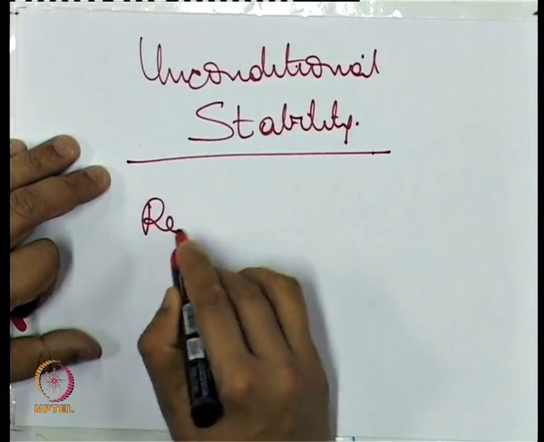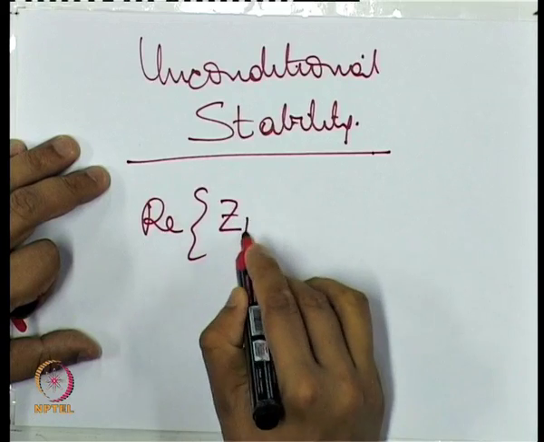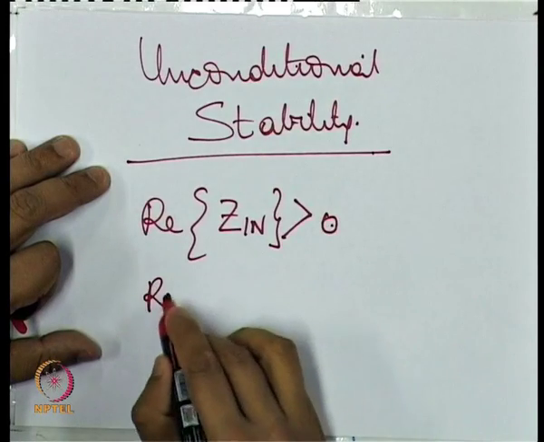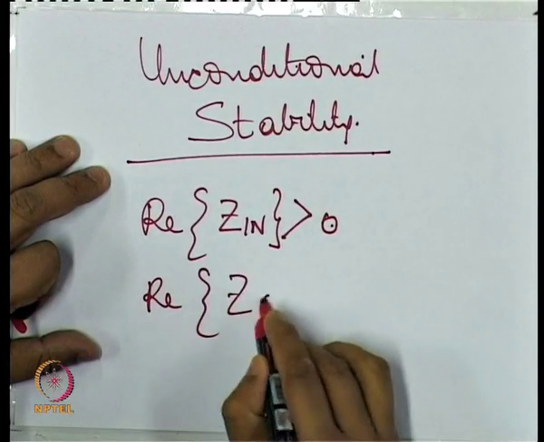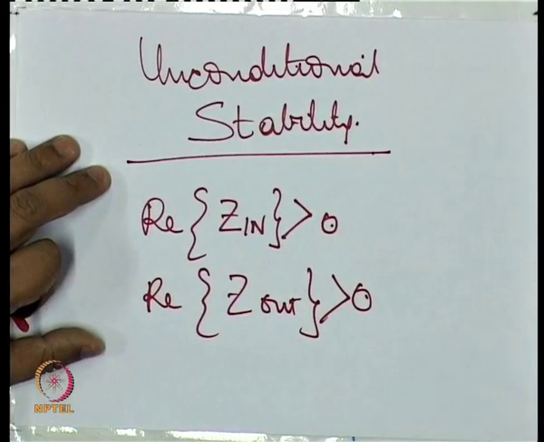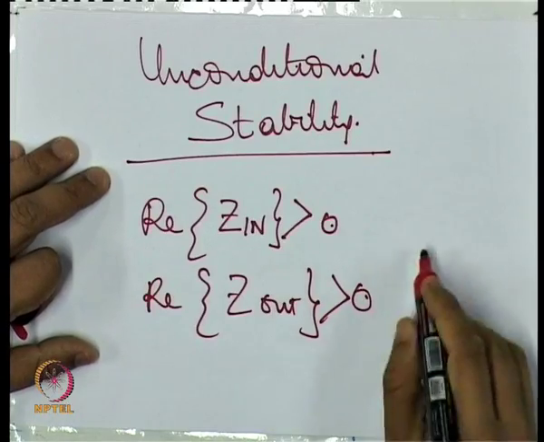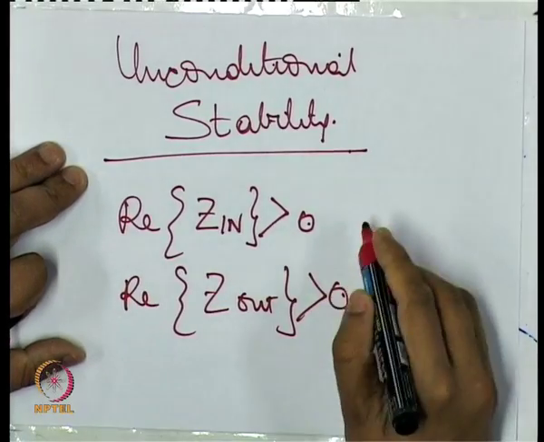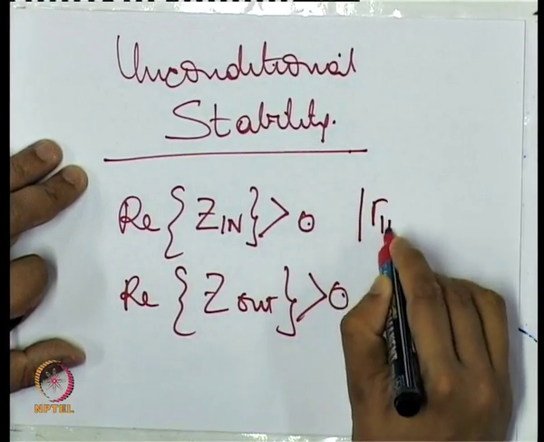That will be the case when we have the Zin itself being passive, or Zout itself being passive. Now this same thing in terms of reflection coefficients is expressed as